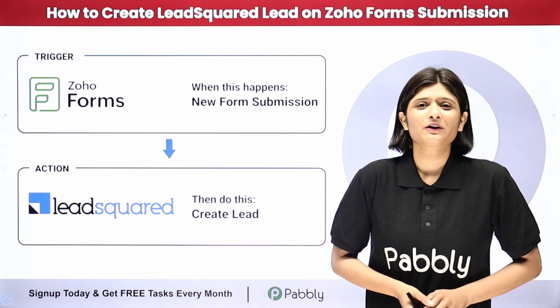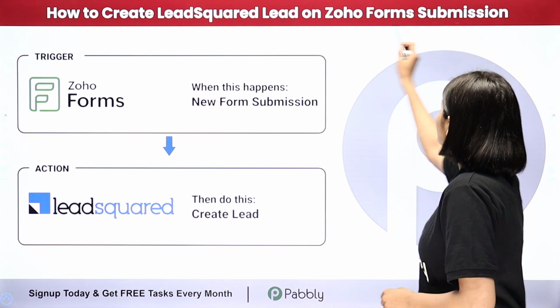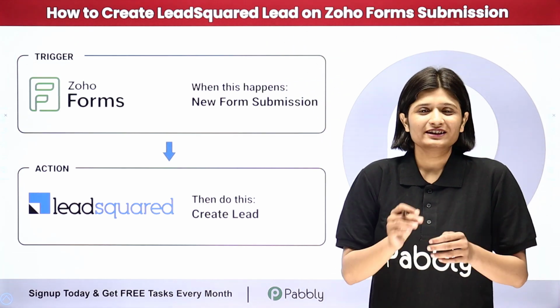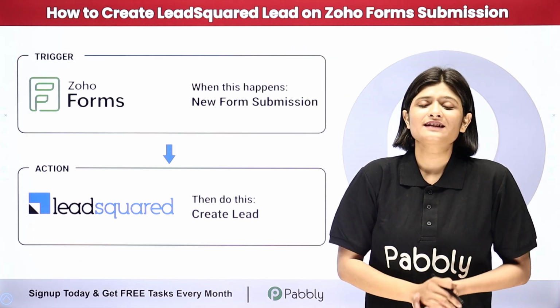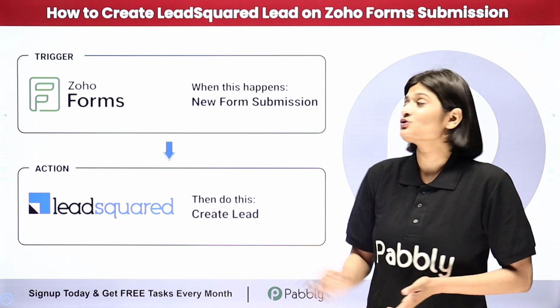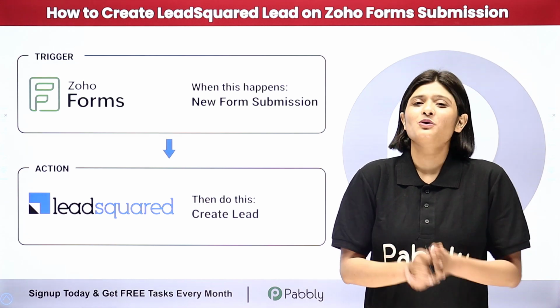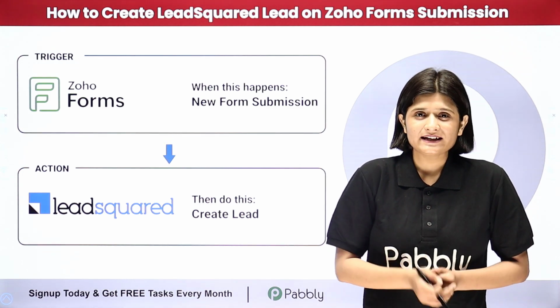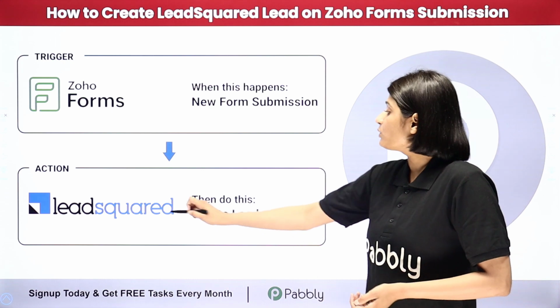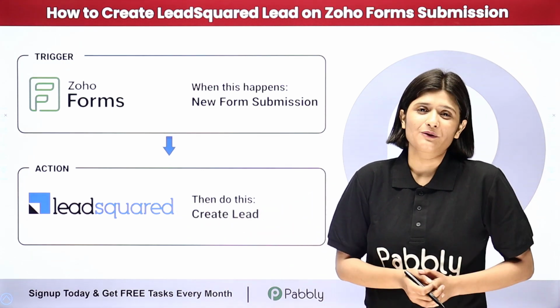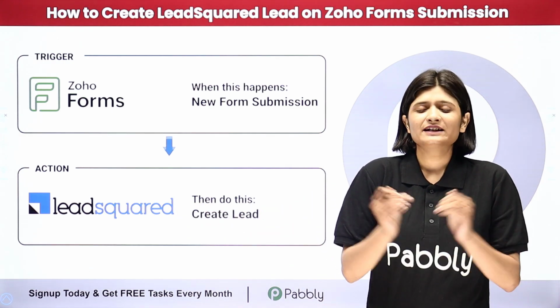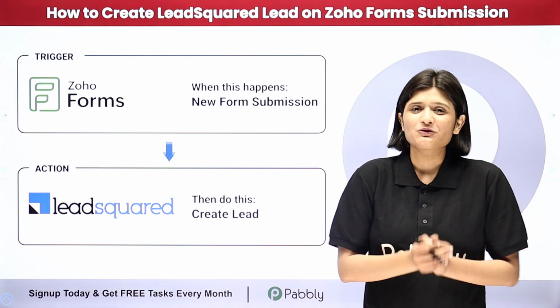In this video, we are going to learn how to create a LeadSquared lead on Zoho Forms submission. So let's suppose I am running an online business, and for that business I have attached Zoho Forms on my website, and now I am receiving all my leads with the help of Zoho Forms. Now I want that whenever I receive a new form submission, a lead should be automatically created in my LeadSquared account. Doing this manually will be a very time-consuming task, so I am going to completely automate this